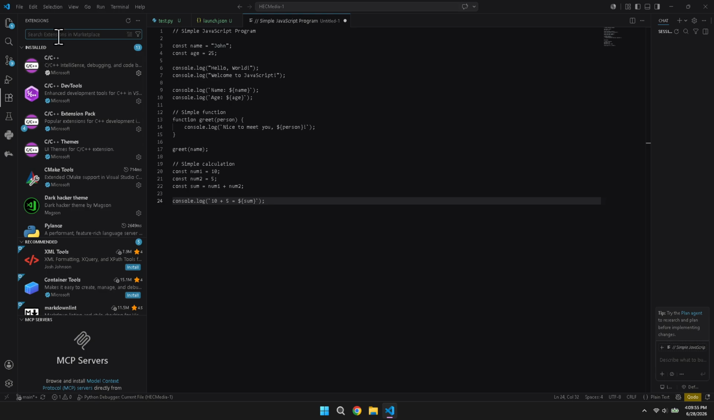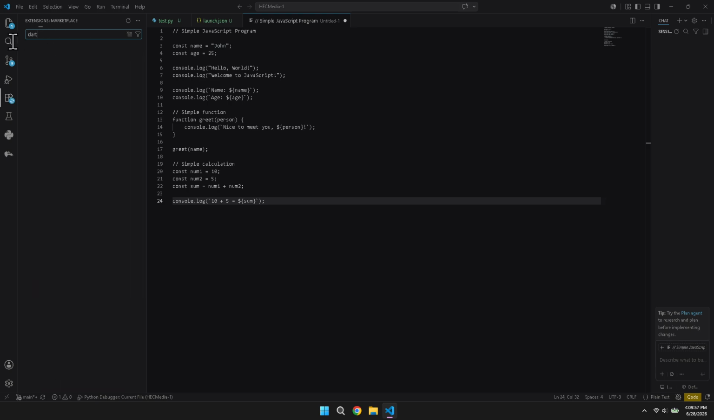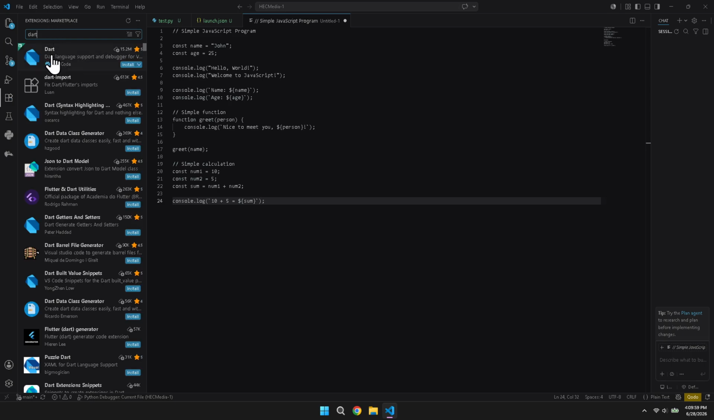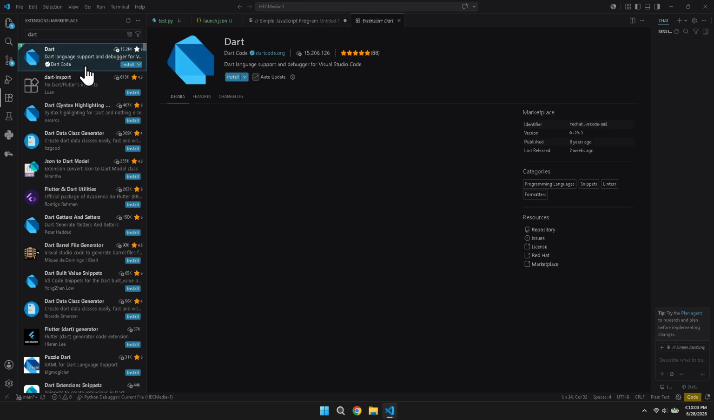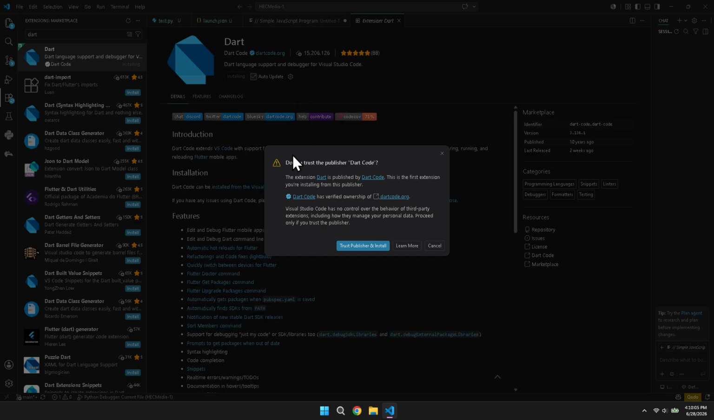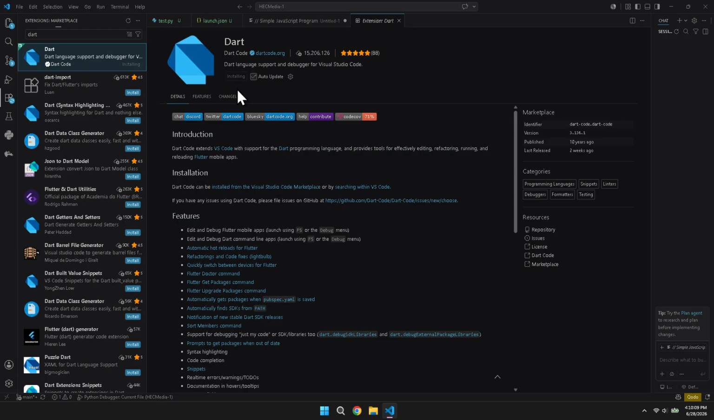At the top of the sidebar, you'll see a search box. Click in there and type Dart. The first result should be the Dart extension published by Dart Code. Click the Install button next to it. The button will change to say Installing, then once it's done, you'll see a gear icon and an uninstall button